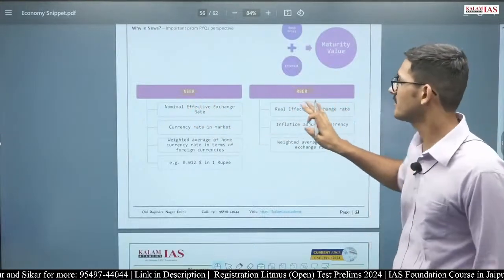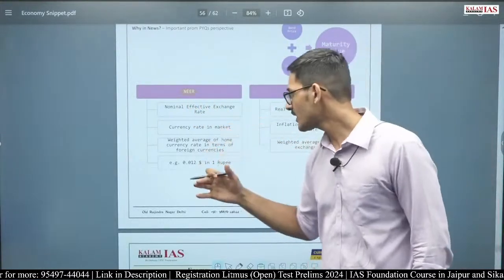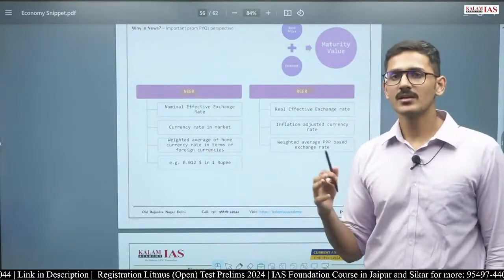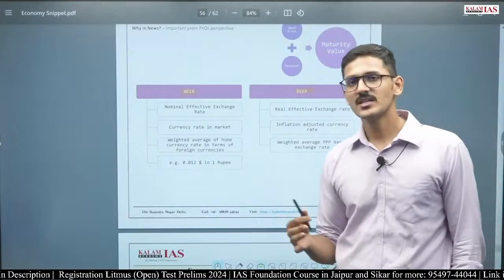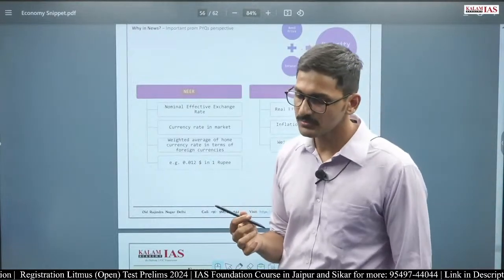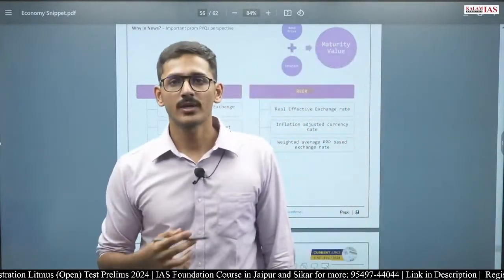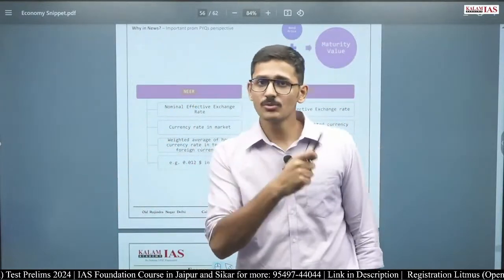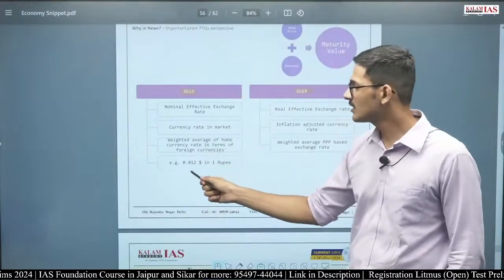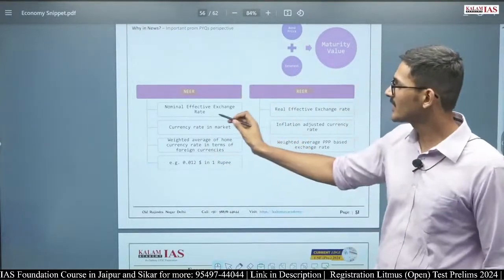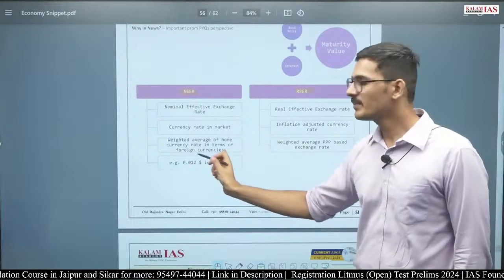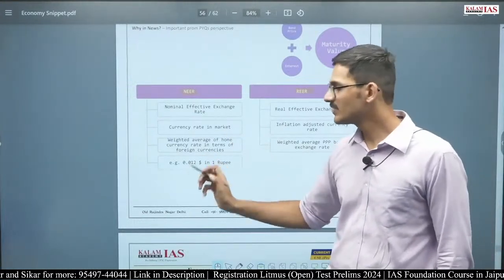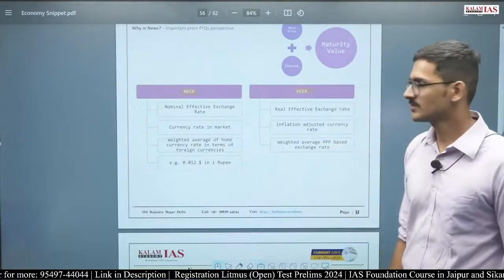इसके ऊपर यूपीएससी ने क्वेश्चन पूछ रखा है। This is denominated in dollars. Generally exchange rate रुपीज में डिनोमिनेटेड होती है। फॉर एग्जांपल, हम सुनते हैं कि 80 रुपए का डॉलर हो गया, 85 रुपीज का डॉलर हो गया, 90 रुपीज का डॉलर हो गया। So that is denominated in rupees, but this one is denominated in dollars. So nominal effective exchange rate is basically 1 रुपए में कितने डॉलर आ जाएंगे। So currently the nominal effective exchange rate is in 1 rupee we get 0.012 dollars.